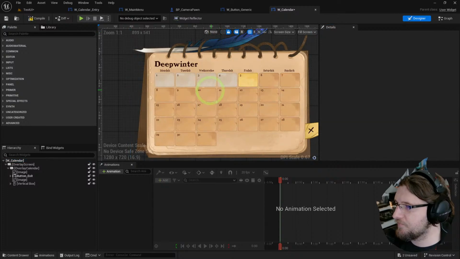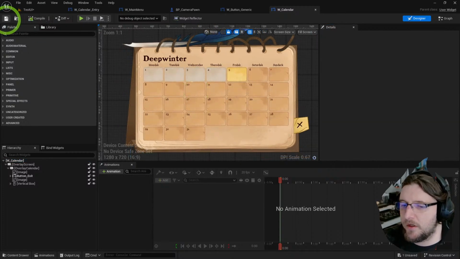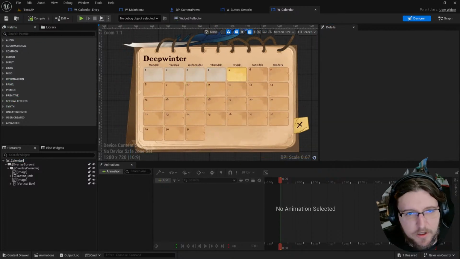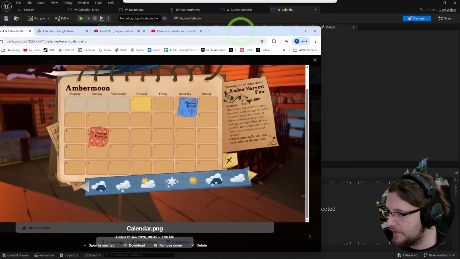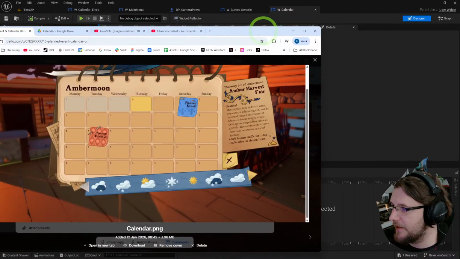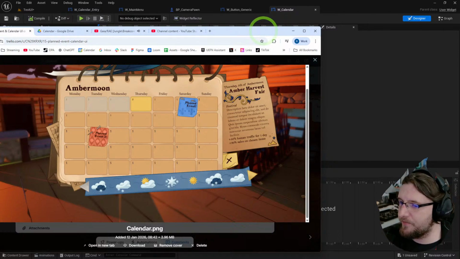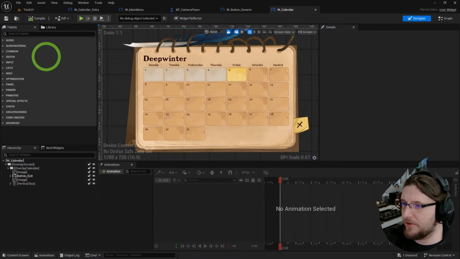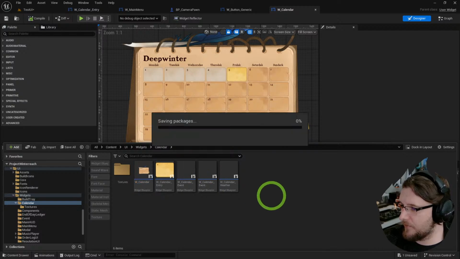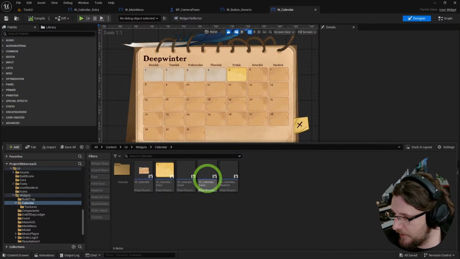That works. That works. Okay, so now the next thing on our list is to get these planned event cards into the mix. So let's sort that out. Just Control-Shift-S to save everything. We've got this